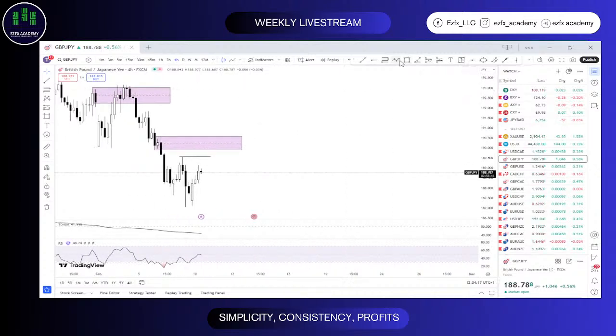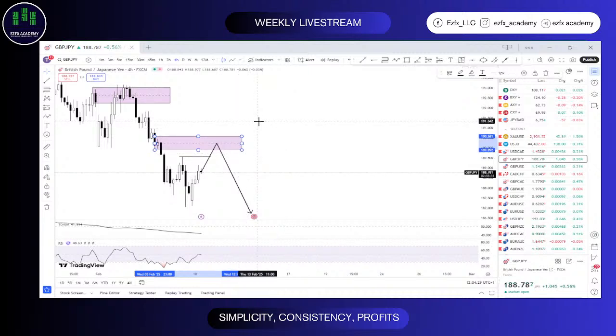All right, so for GBP JPY rather, sorry, I was about to say JPY basket. For GBP JPY, I think this is what I'm working with right now, a buy to sell scenario, sell region of supply zone, whatever you want to call it, between 190.581 and 189.892. Again, 190.581 and 189.892. That'll be where I'm watching out for the sells from.